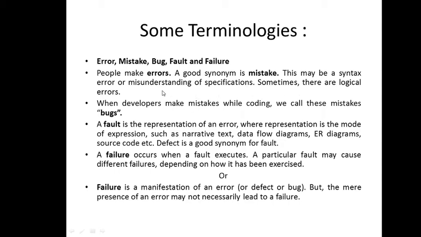Errors are something created by human beings, human mistakes actually, right? Say for example, I'm going to build a program and I forget to include the header file, right? Who has done this? This has been done by human beings. So that is an error, or a mistake. When developers make mistakes while coding, we call these mistakes bugs. Specifically, in the software development industry, when the developer makes such mistakes relevant to the coding phase, these errors are known as bugs.